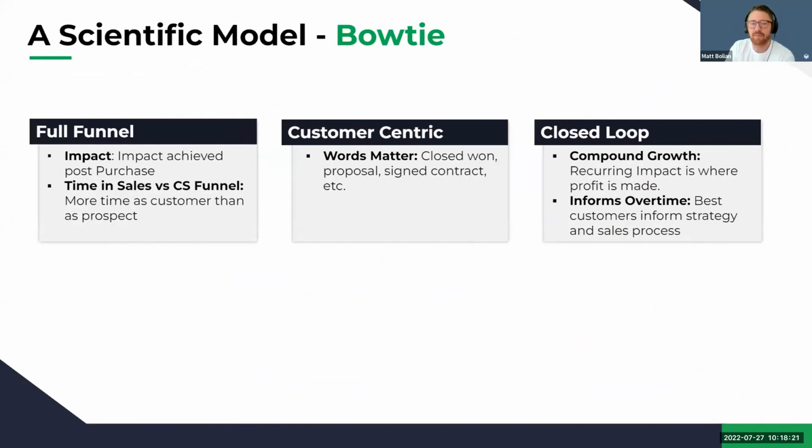Before I get into this, let's talk about some characteristics of this model that we want to create. Number one, full funnel. We use the word full funnel, but I don't like being full, so I think it's funny we use it. I like being just right, satisfied funnel maybe. Anyway, we have the full funnel. Impact is the word that matters. I'm taking this from Winning by Design. I love this methodology and how they're talking about it. It's saying impact. So we're moving away from pain. It's talking about what impact has been achieved. And impact needs to be achieved at every point of the bow tie funnel.